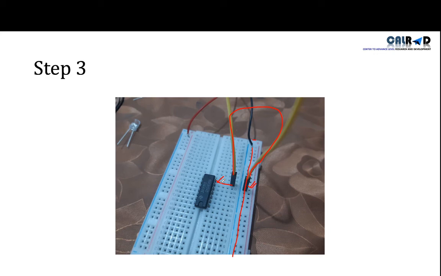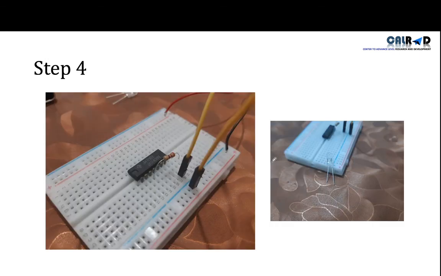So till now we did our 3 steps. The first step was we connect our IC to the breadboard. The second step was we connect our battery terminals here with our breadboard, and the third step was we connect our pin 7 to the ground wire. Now the fourth step. The fourth step was to connect our pin 3 to the output.